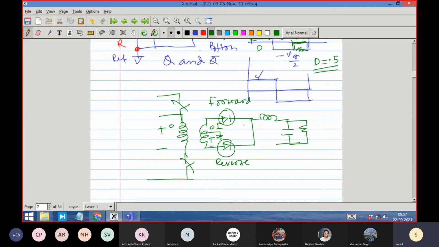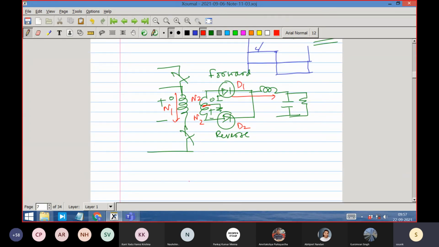There is a current through this diode, and it is going to the inductor. The number of turns in the primary is, let us say, N1, and the number of turns in the secondary is N2 and N2. It is split. It is a center tap transformer. These are the two rectifier cum freewheeling diodes. We will show that they have dual purpose: they will be rectifying and freewheeling. I will show you that. But let us first see what is happening here.